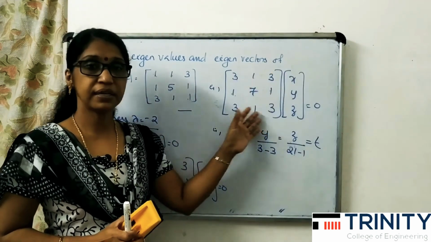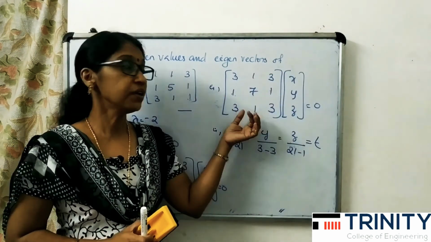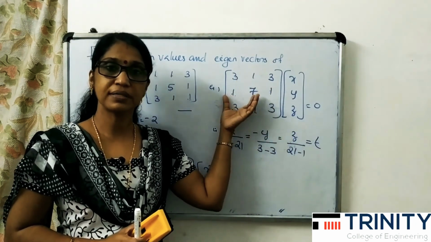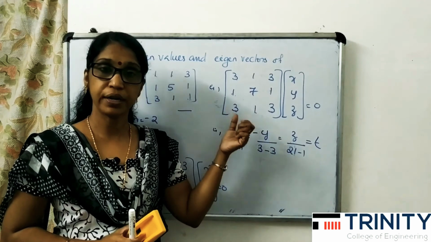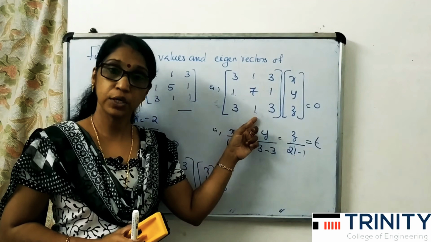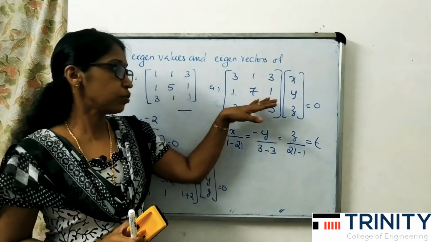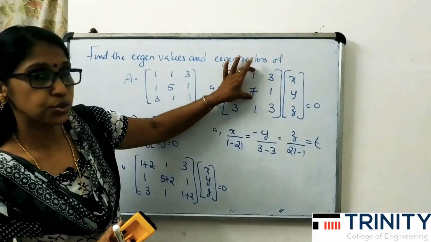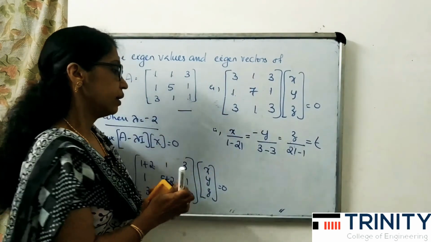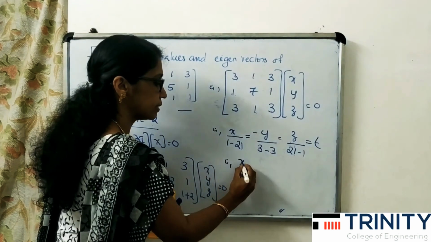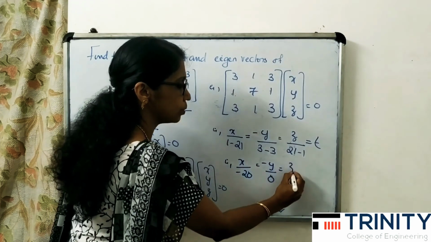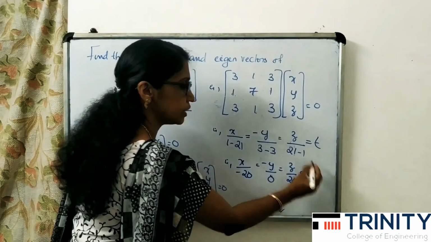That is, after writing this system, we will check whether these rows, these vectors or these equations are independent or dependent. Here we get 2 rows equal, so these 2 equations are dependent. So we are omitting this equation and we take these 2 equations, and from that we are writing this formula. Okay, now that is x divided by minus 20 is equal to minus y by 0 is equal to z by 20 is equal to t.